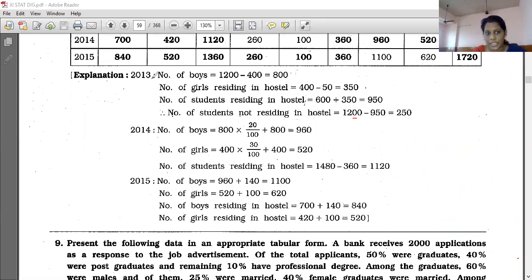This is simple addition and subtraction, so no need of doing this one, ये नहीं करना है हमको, right? 2013 में simple addition and subtraction है, so no need of doing, and 2014 का calculation दिखाना है, and only this calculation you have to show, rest all you can do in the calci only, right? सिर्फ इसी का ही calculation दिखाना है इसका 2014, these two calculations no need of showing. Okay, now we'll see the next sum.